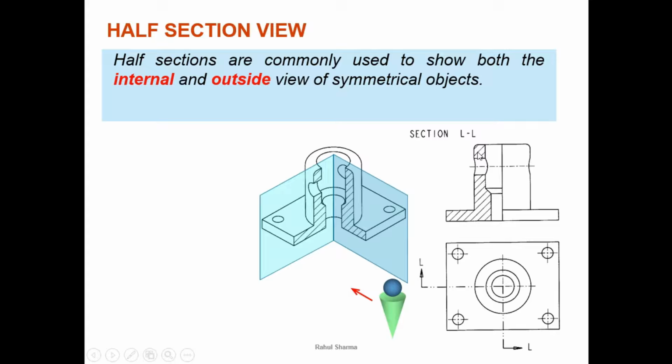Now what is the thing you have to remember here? Whenever we do half sectioning, the other half part should not have any hidden line. For example, we are cutting the object in this way only, right? Still the other half will have the hidden line for this hole and this internal shape. So whenever we do half sectioning, we erase all the hidden lines which are coming in the second part of the object. And in the top view you have to draw the section line like this, wherever it is coming from the left or right side, 190-degree bend, same section line, outermost edge is dark.